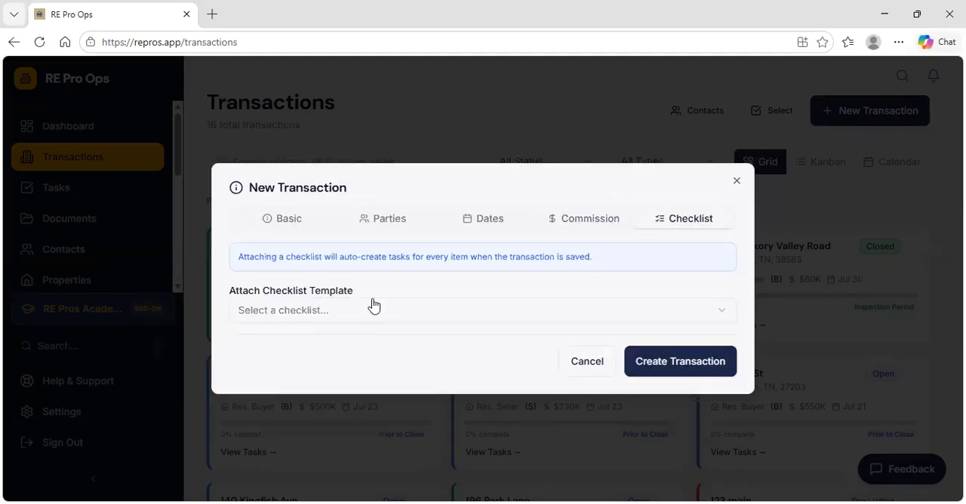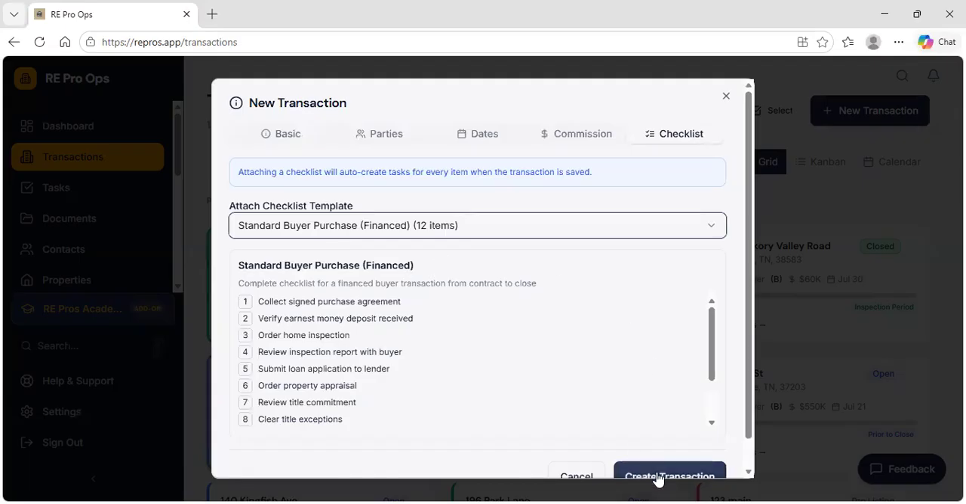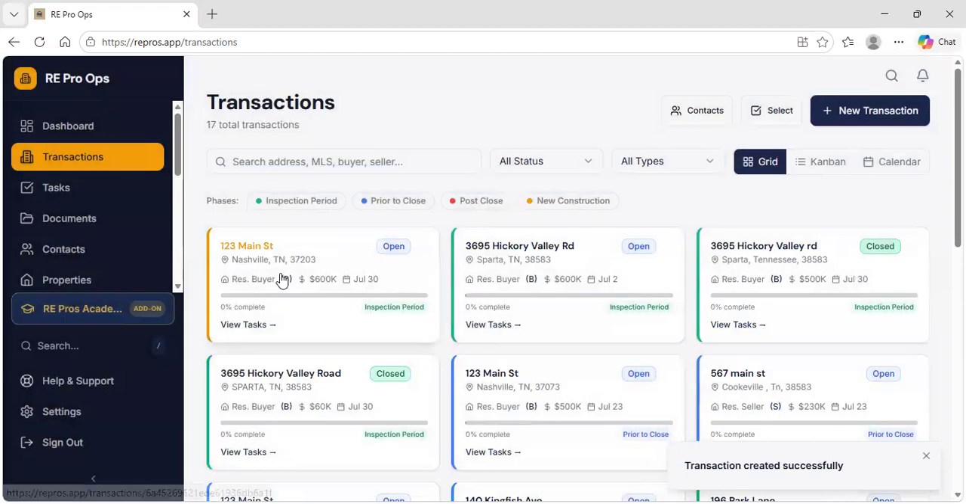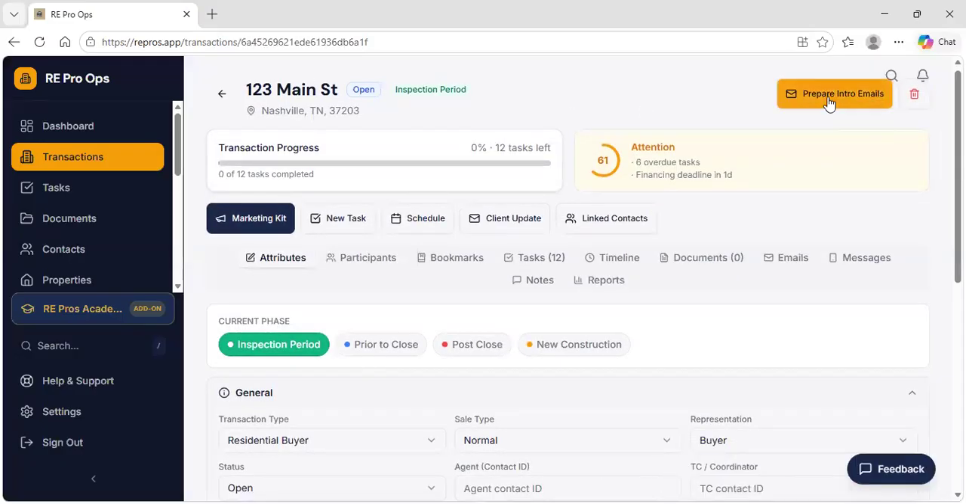And then you go here and select your checklist. So we are representing the buyer. We will say that this is a financed purchase. So we're going to select this one, create transaction. All right, we can go inside of our transaction and you can see here that there is a simple click,